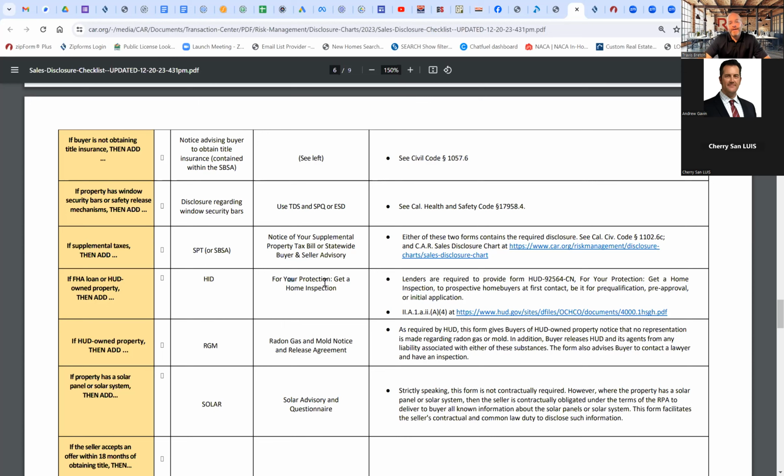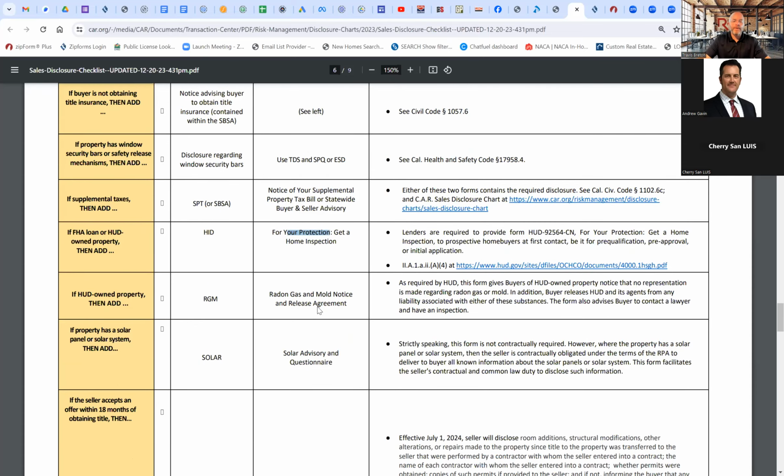This is why I have it as a buyer advised, because yes, the buyer inspection advisory is built into the RPA, but hey, I want to tell them one more time, for your protection, get a home inspection. Now, technically, it's only required on HUDs and FHAs and VAs. So if you're doing a sale with FHA or VA, we're going to need to see that in the file, but I like to see it for the other ones as well, just to put your client on notice